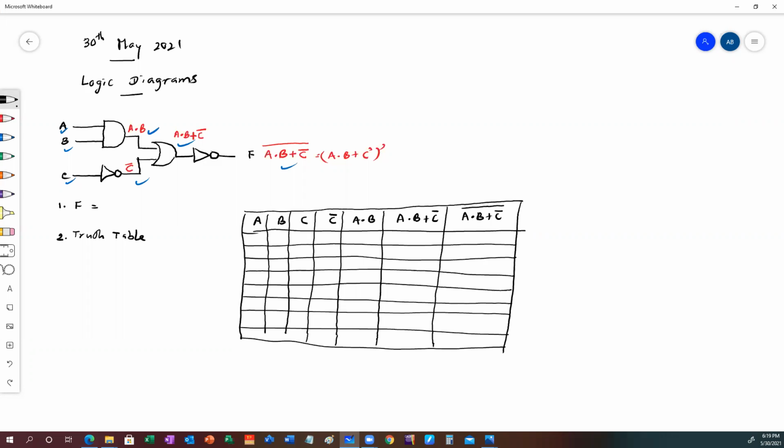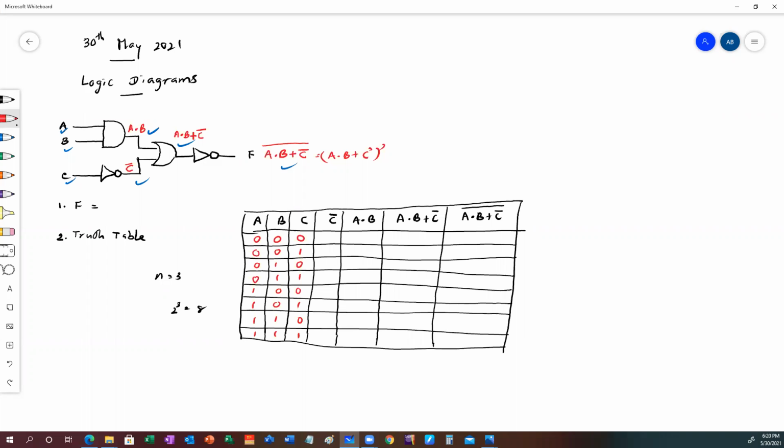Right. There are 3 inputs. The number of inputs is equal to n, so n is 3. So you get 2 to the power of 3, which is equal to 8. So what are the patterns you get? Can anyone tell me the patterns? 0, 0, 0, first one. 0, 0, 1. 0, 1, 0. 0, 1, 1. 1, 0, 0. 1, 0, 1. 1, 1, 0. 1, 1, 1. This is what you get.